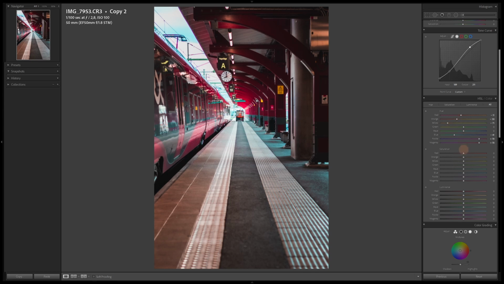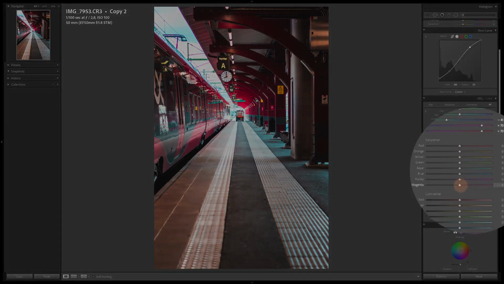As we're doing a red blackish type of feel to this photo, I'm actually gonna take away all the colors from magenta, purple, blue, aqua, green and yellow. I'm increasing red to around +15 and I'm gonna step down on orange to around -40. Then I'm actually gonna come back a little bit on blue, I think -90, and a little bit of aqua.